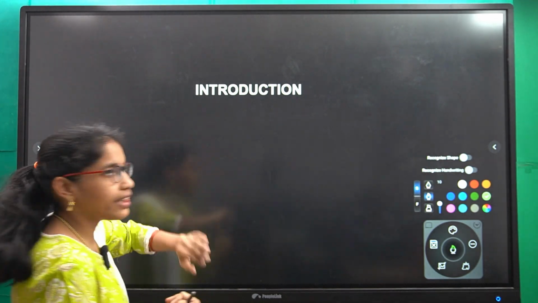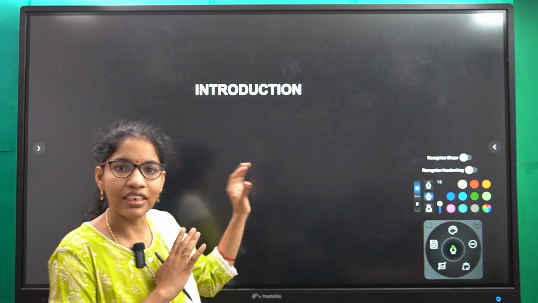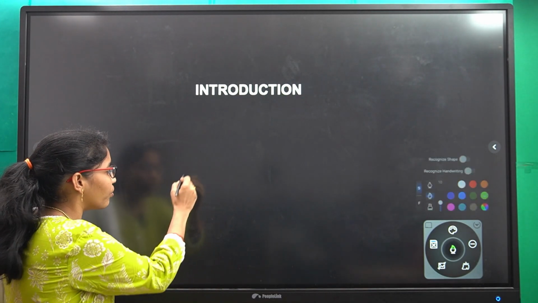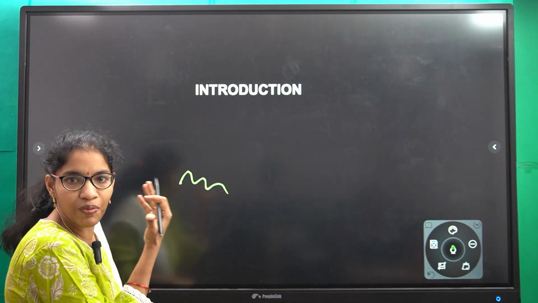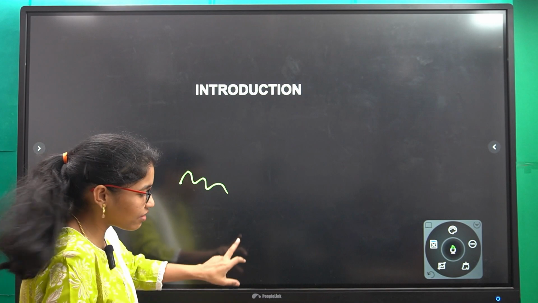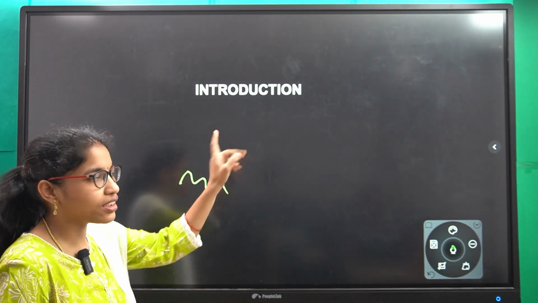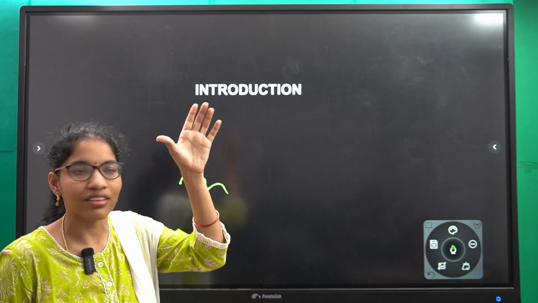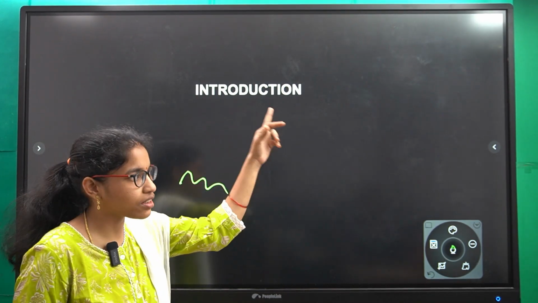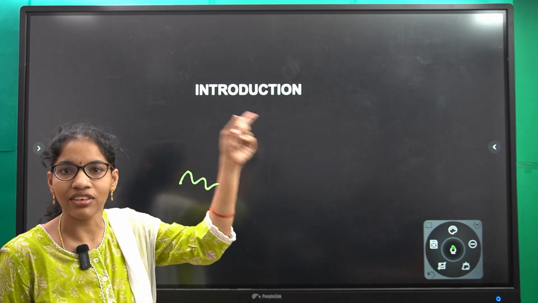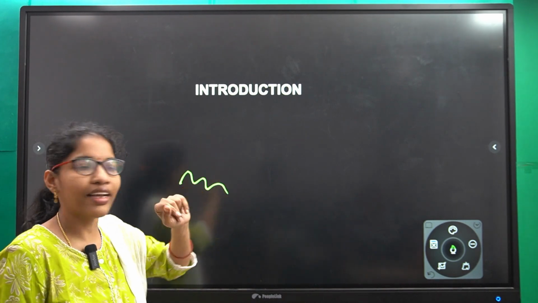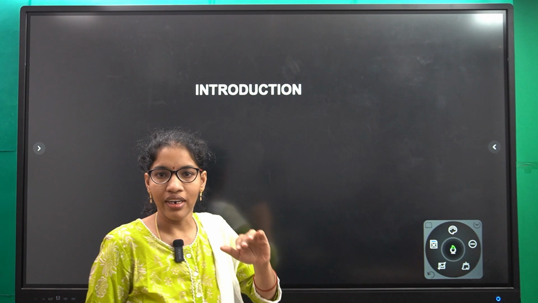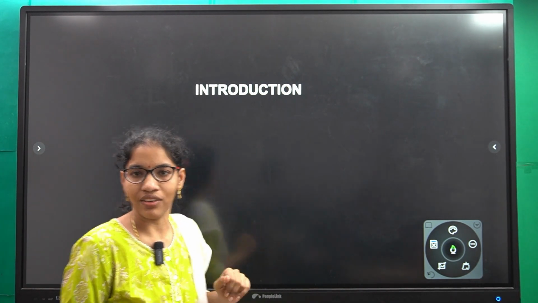For everything, a function means it is followed by some rule. Suppose I am writing on this board, it displays, it's showing something, right? This is the function of this board. Suppose I turn on the switch, the fan will rotate, right? So the fan follows some rule. Whenever I turn on the switch, it will rotate. The rotation is the function of that fan, right? Like that, for every machine or anything, that which is followed by some rule is nothing but the function.